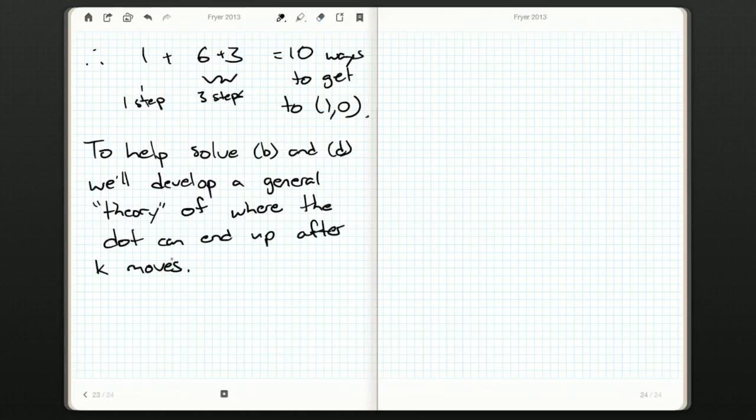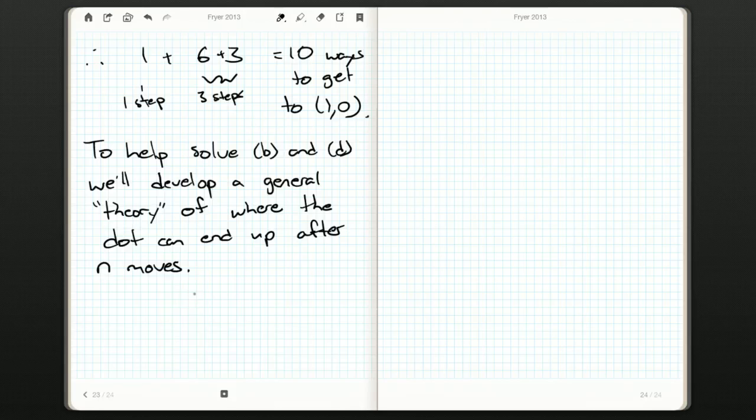So we're going to show where the dot can end up after, actually, let's call it n, because I think C uses k, and I don't quite remember if this is exact. Okay. So the guess that I had was sort of